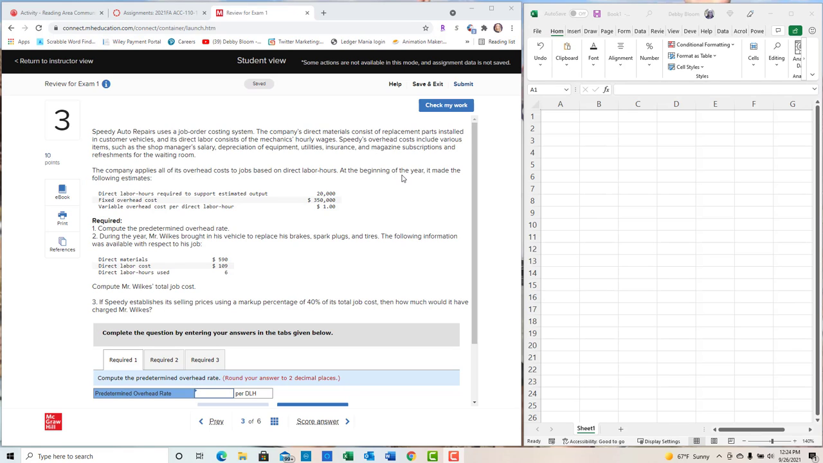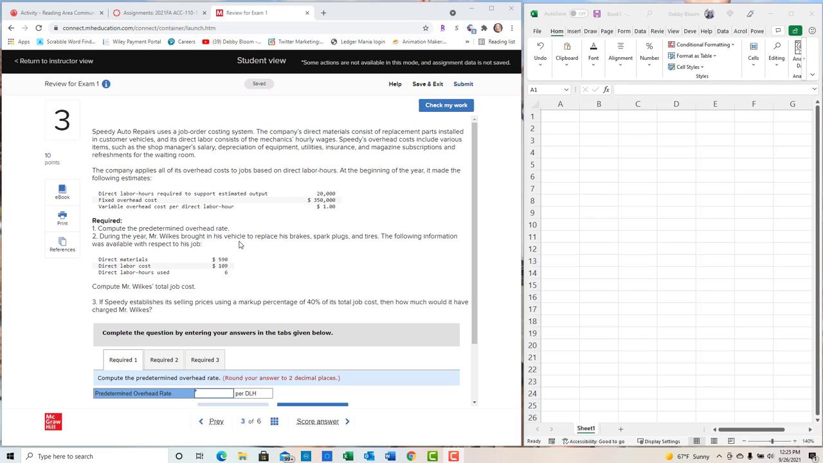hourly wages. Speedy's overhead costs include various items, such as the shop manager's salary, depreciation of equipment, utilities, insurance, and magazine subscriptions and refreshments for the waiting room. The company applies all of its overhead costs to jobs based on direct labor hours. At the beginning of the year, it made the following estimates. So we have our direct labor hours required to support estimated output, fixed overhead cost, and variable overhead cost per